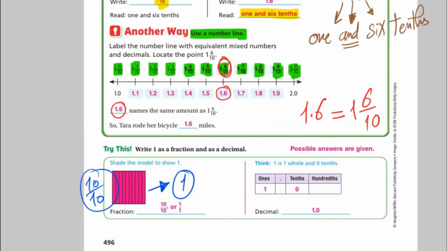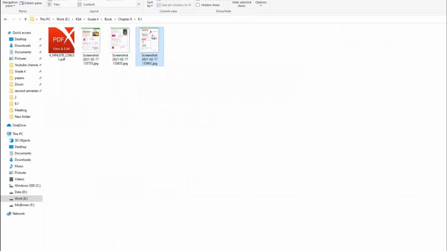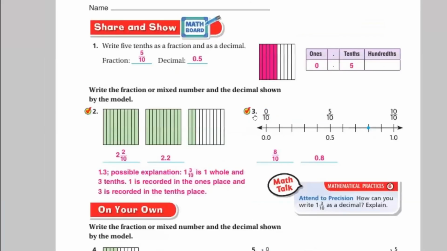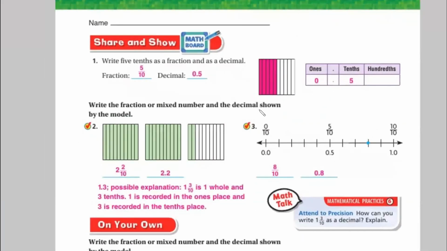Finish. Okay, let's move to the next page. Okay, now